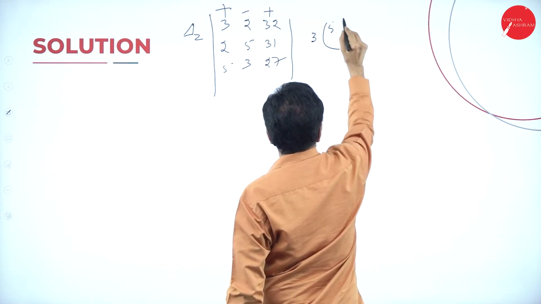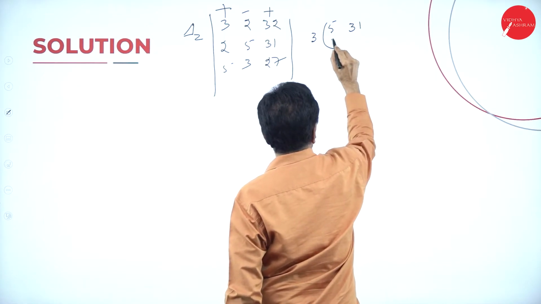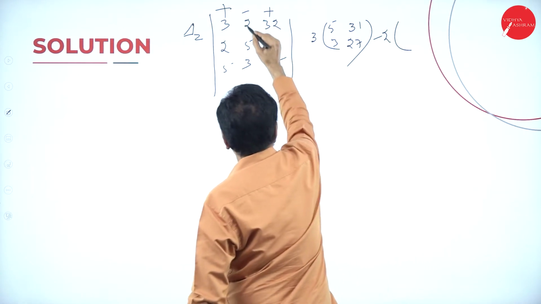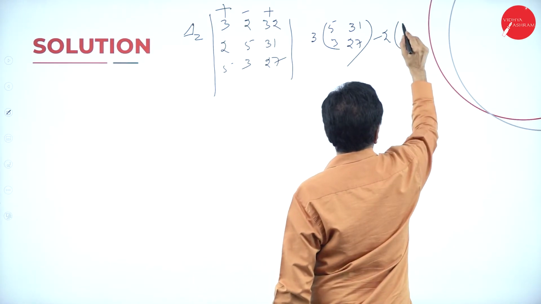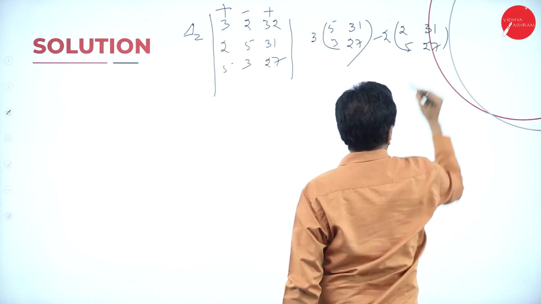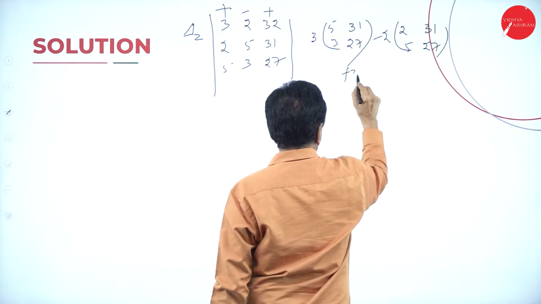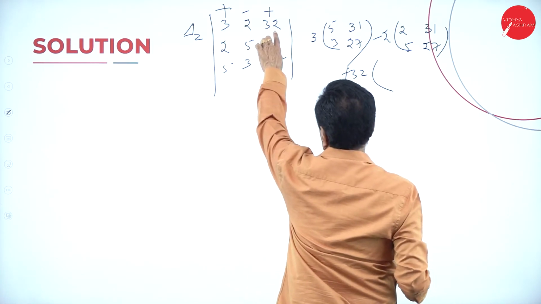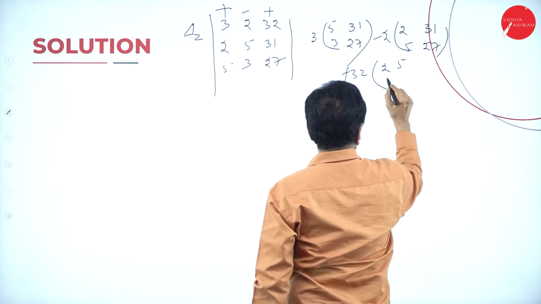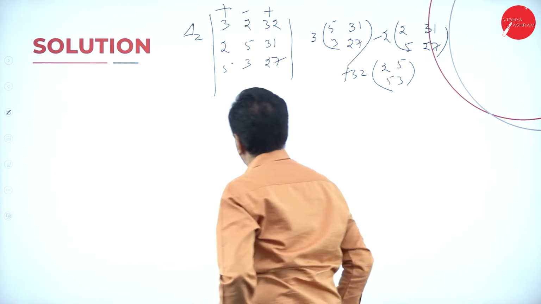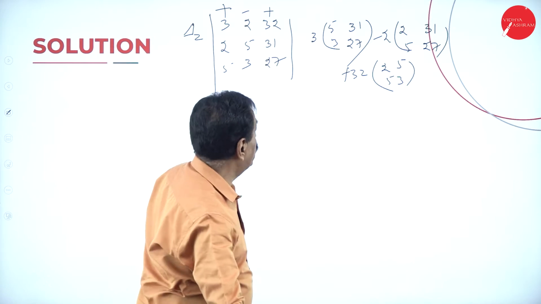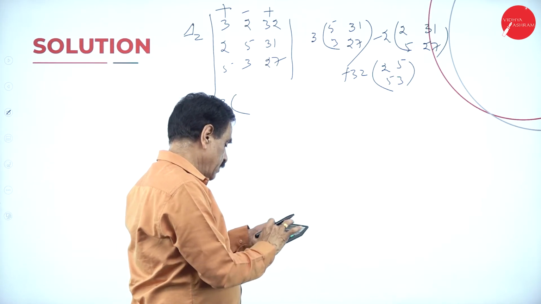5, 31, 3, 27, minus 2. So this will go and this will go. 2, 31, 5, 27, plus 32. So this column will go, this row will go. What is left? 2, 5, 5, 3. Simplify now. 3, 27 into 5, 27 into 5,